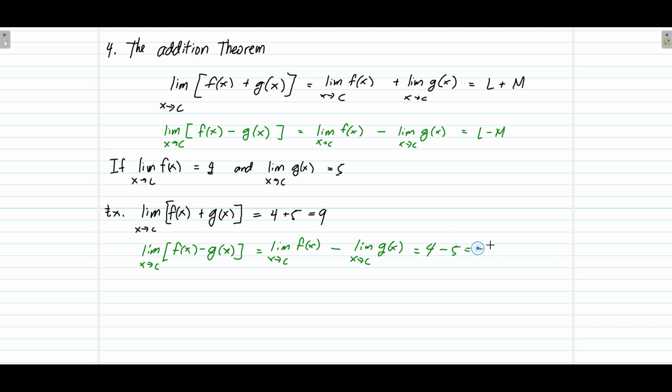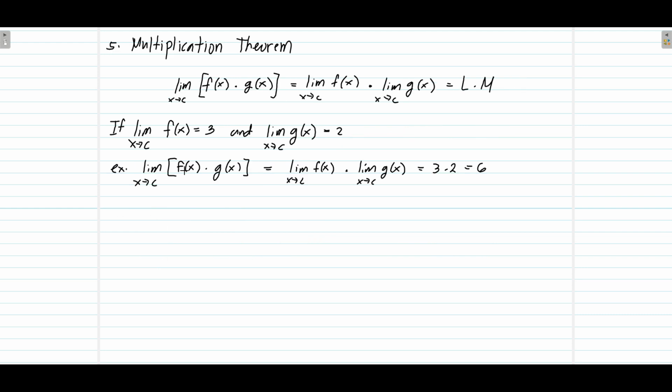So we have negative 1 for the difference of the limits of the two functions. Number 5 is the